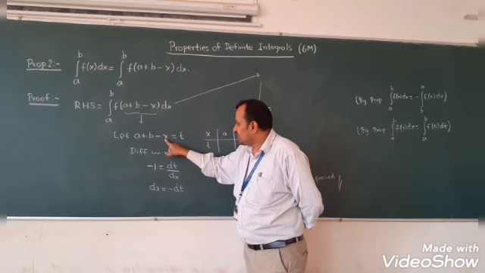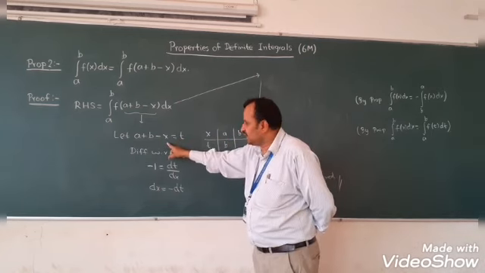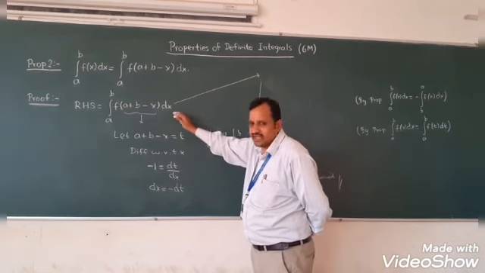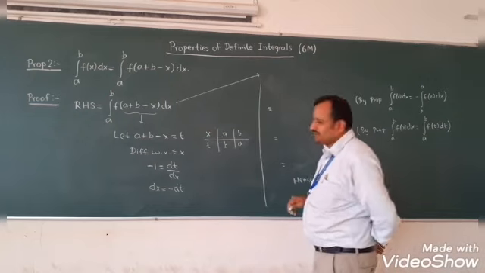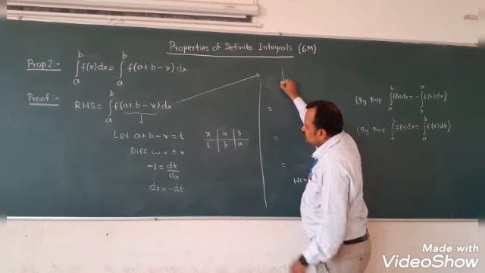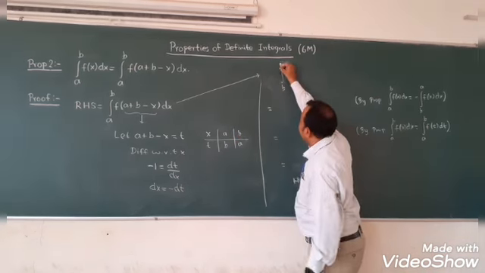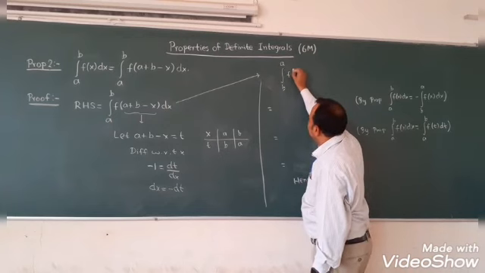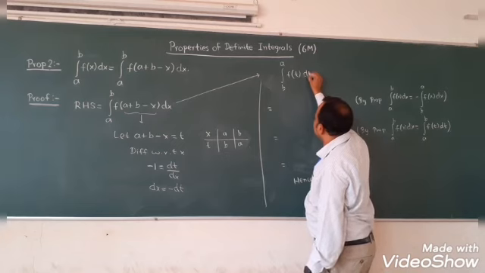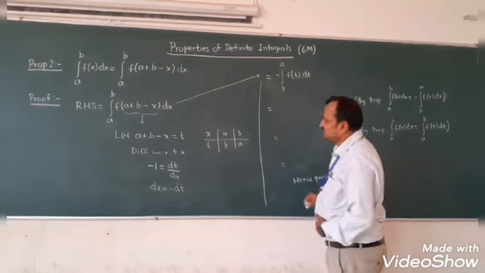So in place of x, put a, t equal to b will come. Now put x is equal to b, you will get t equal to a. All this information you keep in this. So tell me, this will become what? So this we can write as, a is nothing but b and b is nothing but a, right? F of t, dx is nothing but minus of dt. I hope it is clear.